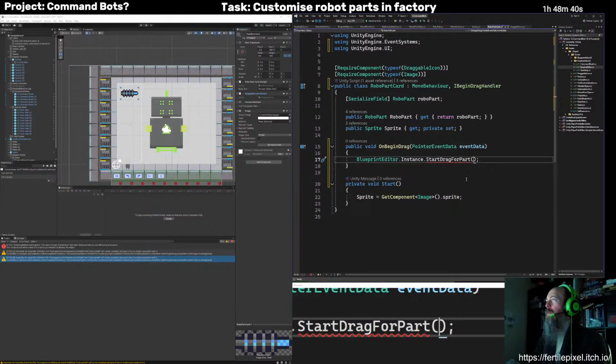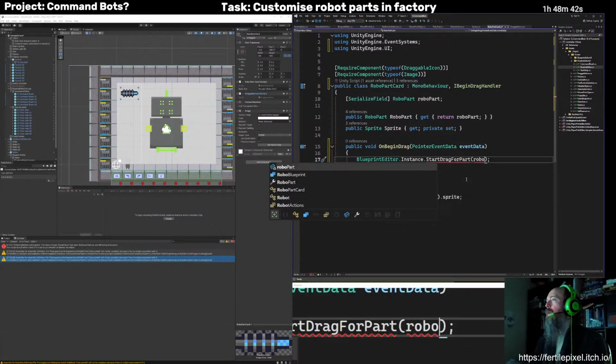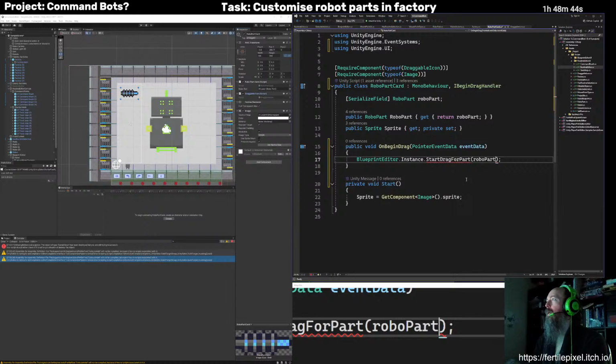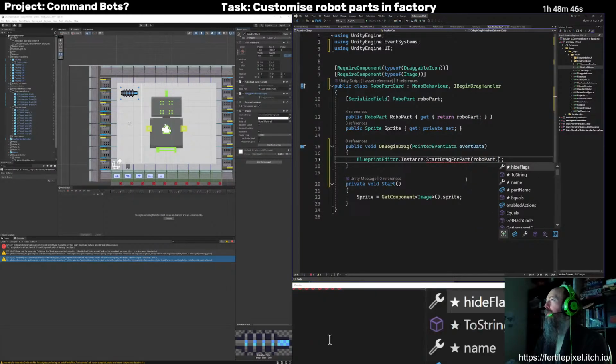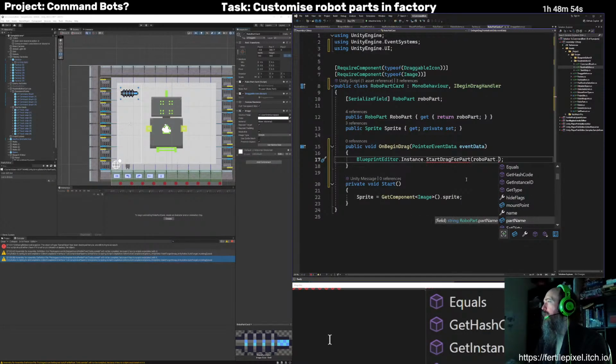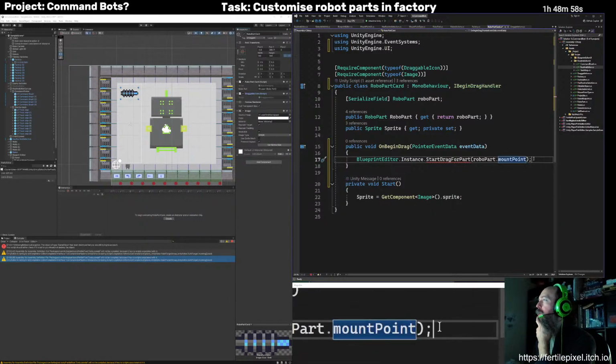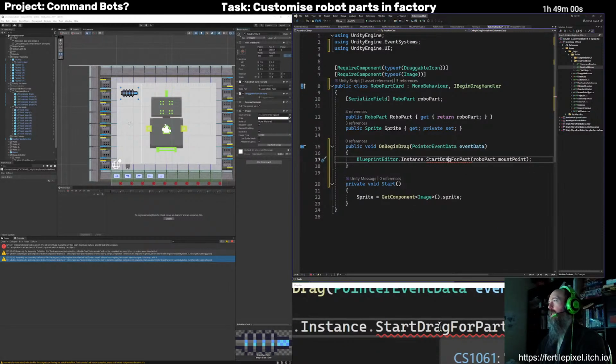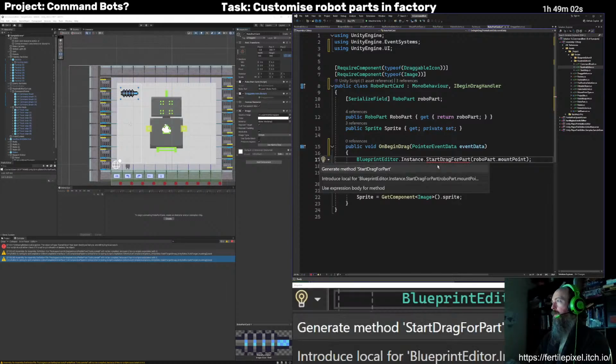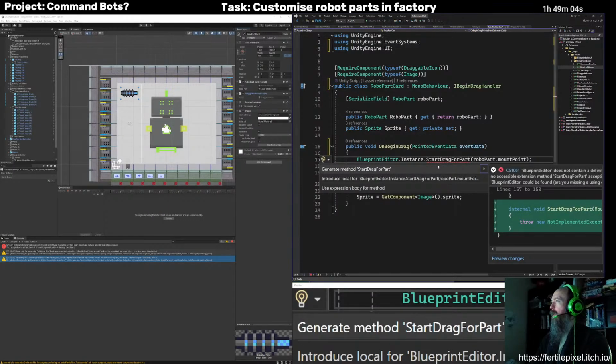Okay, and this is going to be the RoboPart dot mount point. Mount point, yeah. So it'll have the mount point type, so then it can notify all its mount point type thingies that something is happening that they care about.